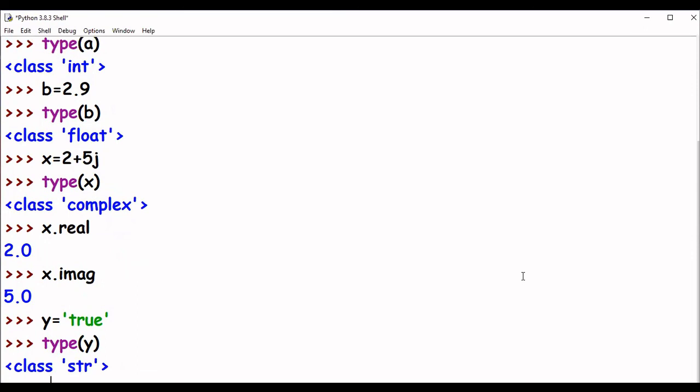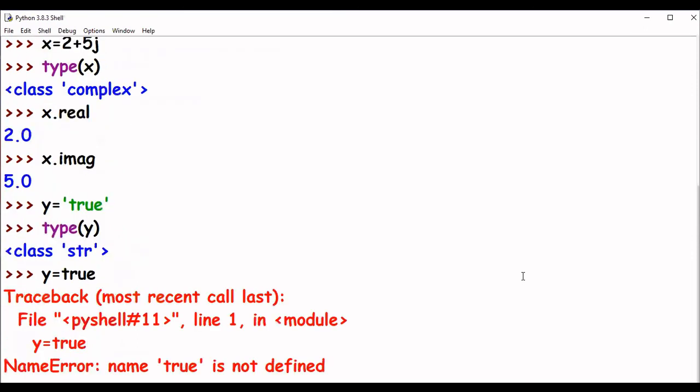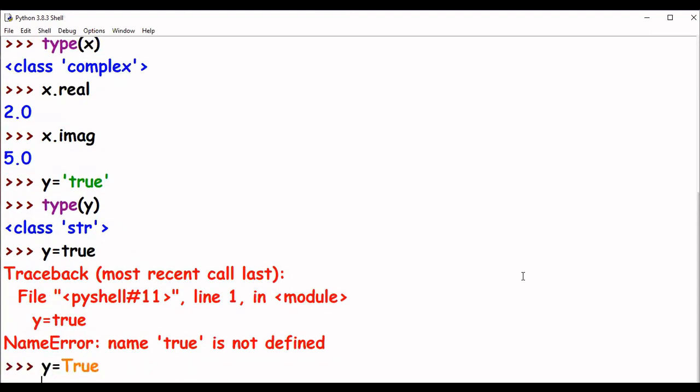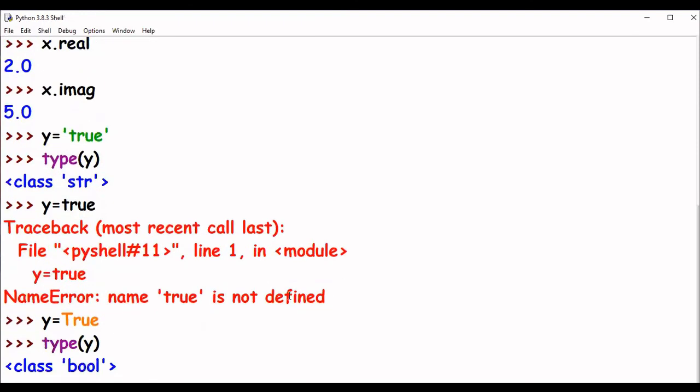If I want to use Boolean, I have to use the word True without any quotes. y equals True, with capital T and no quotes, and then let's see the type of the value y. It's coming bool. Yes. If I want false, capital F, A-L-S-E, False, and then I will get the type bool. So we have seen examples of integer, floating point, complex, boolean, string. Anything in quotes will become string.